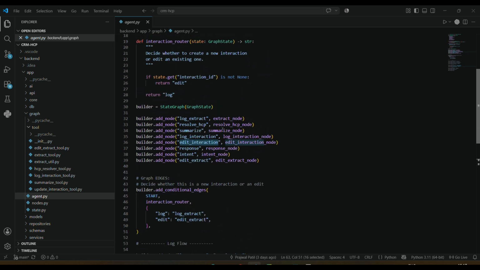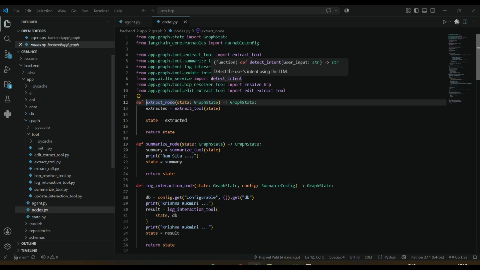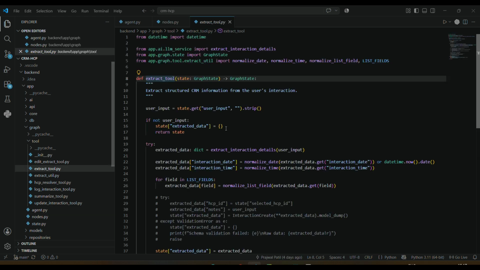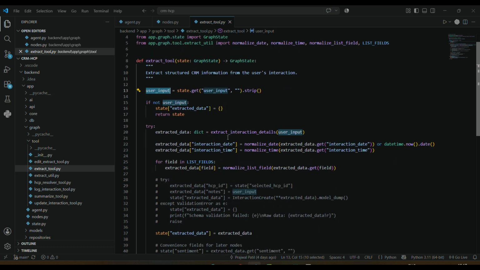So let us look at each one of the nodes. So this is the extract node. This extract node is part of the new log. When a new log is created, we will do this extract node. So we will call the extract tool here. The extract tool will take the user input from the state, and it will call the extract details, and using